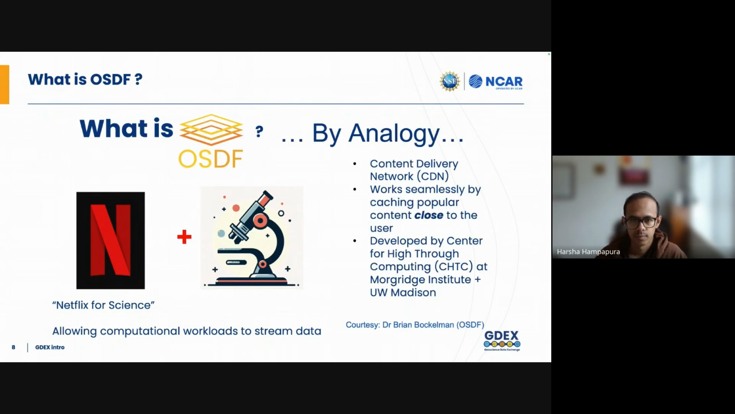So the Open Science Data Federation tries to solve this problem and be the Netflix for science. If you're more technically oriented, they aim to be the Cloudflare for science. Going back to the analogy,